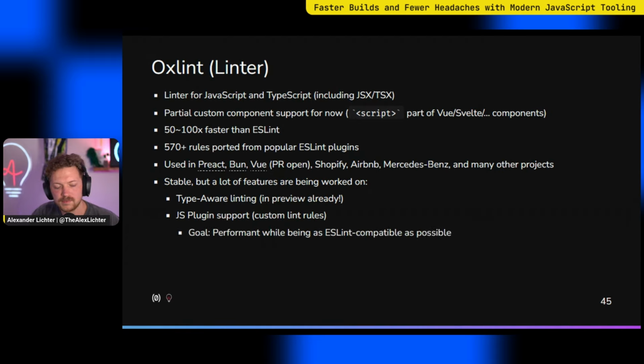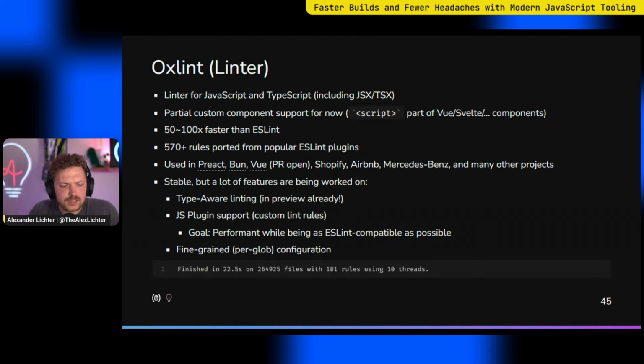But the goal is, here it comes again, the rich ecosystem. ESLint is, of course, the big thing. And we want to make sure to be as ESLint compatible as possible. So ESLint plugins can just run in Oxidation without big performance hits. Of course, at the beginning, it won't be as performant as the native rules, but we can work towards that. First of all, you can just migrate all your things over. And there's also a fine-grained per glob config that we plan.